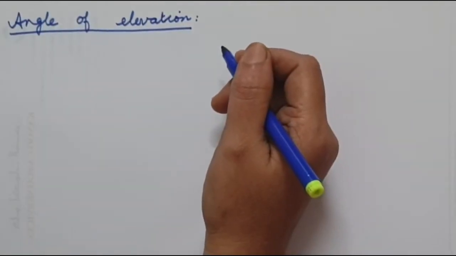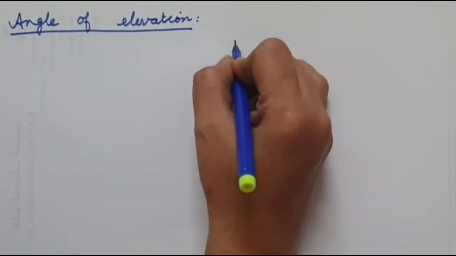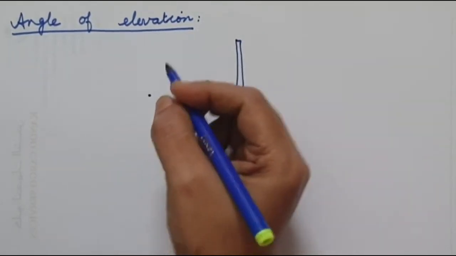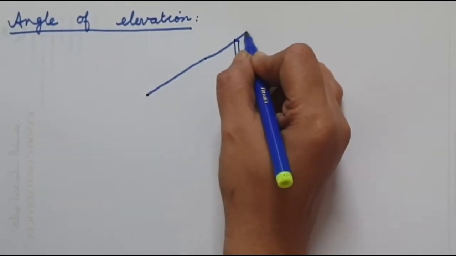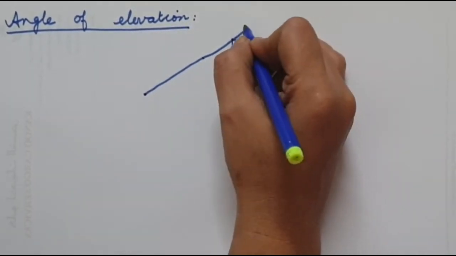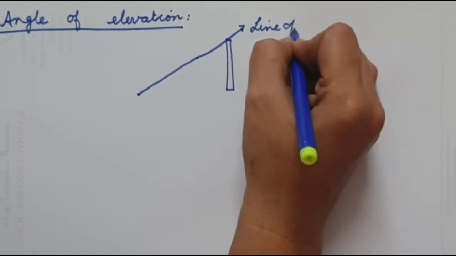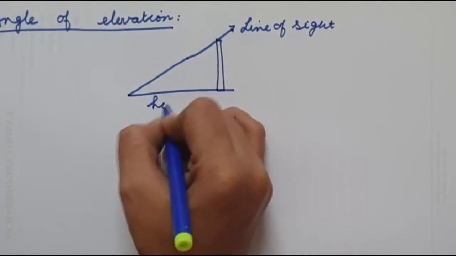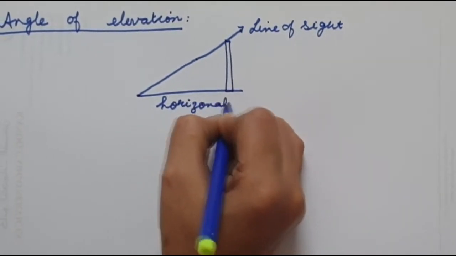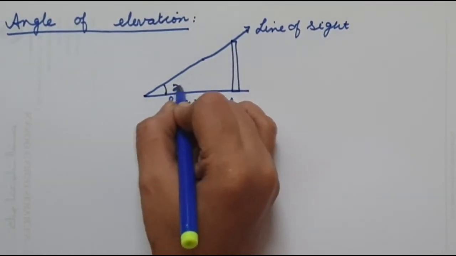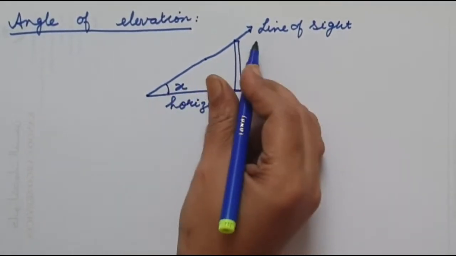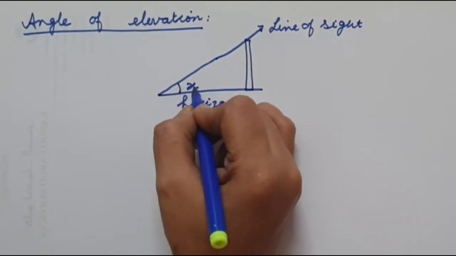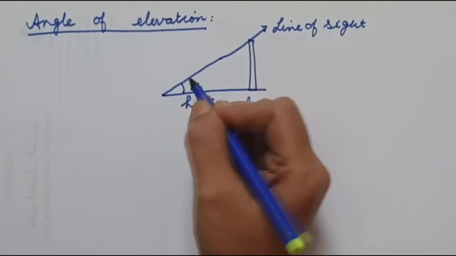The next thing is angle of elevation. Angle of elevation, suppose if you are having some tall building, from the foot, we are looking into a tall building. So we are looking at this. So this is called as the line of sight. And this is the horizontal to the ground. So the angle of elevation is when we look up from the horizontal, and this we are looking up. So this is the angle of elevation x. This angle we need to calculate in order to find the angle of elevation.